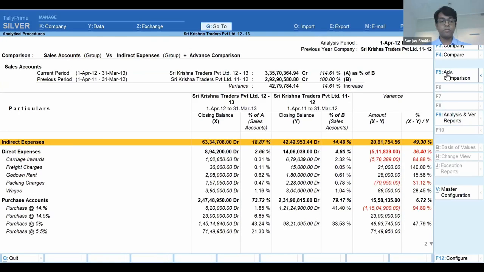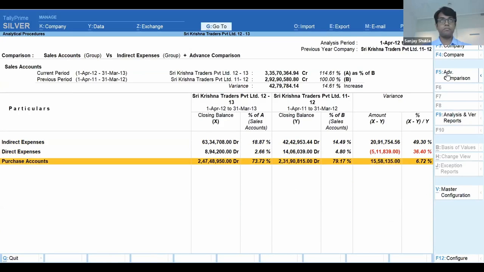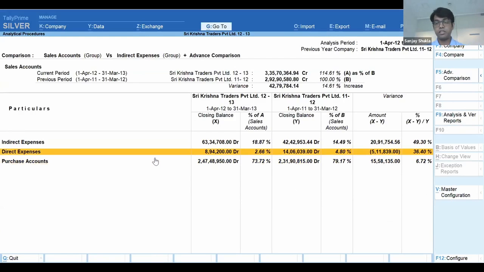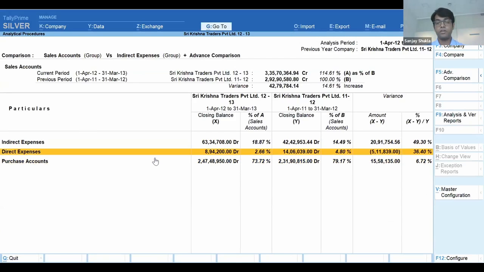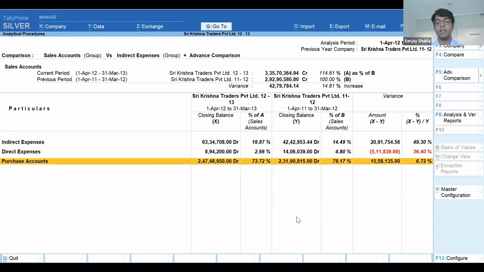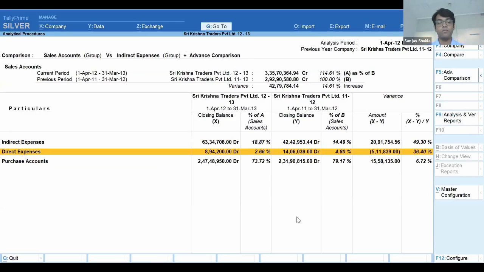So the whole of my P&L is available for me to do the comparison with my sales account. Here you can clearly see that some correction might be required due to the transfer posting of the entries, because from the aerial view, the bird's eye view,